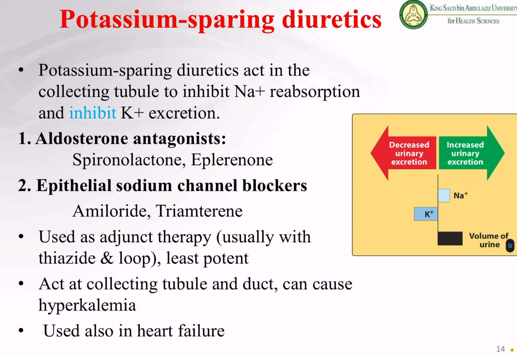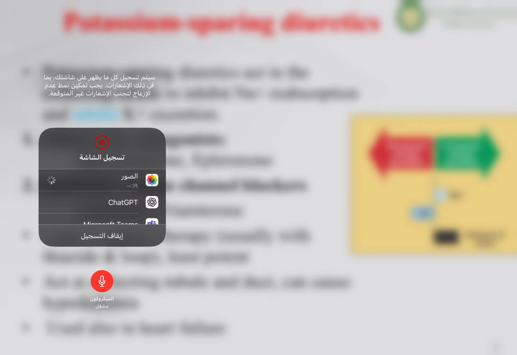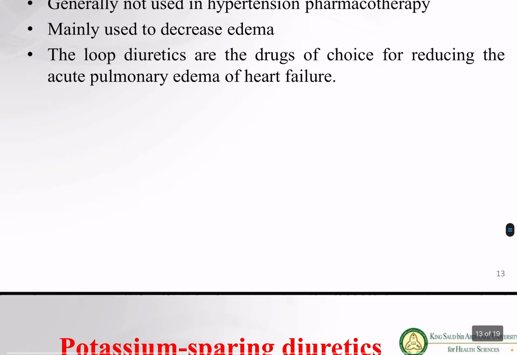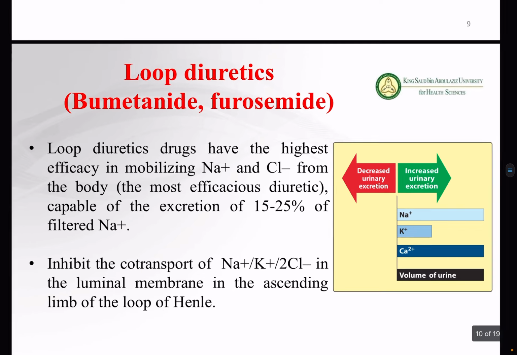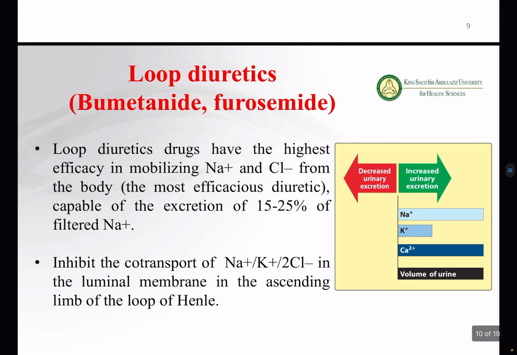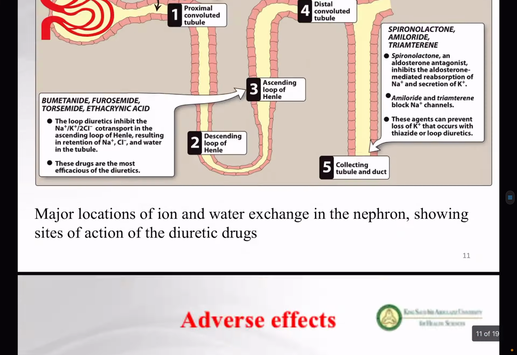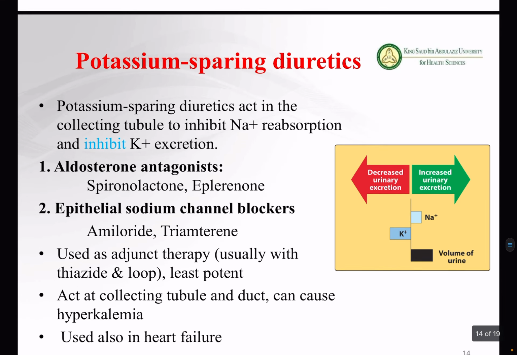These drugs stop aldosterone, so there will be decreased sodium and water retention, and that sodium will enter into the urine. But as I told you, these potassium sparing diuretics are the least potent diuretic. If you compare this slide, you can see the excretion of sodium with the potassium sparing diuretic and the volume of the urine, and then the thiazide, sodium, and the volume of the urine. So this shows that these potassium sparing diuretics are the least potent diuretic.